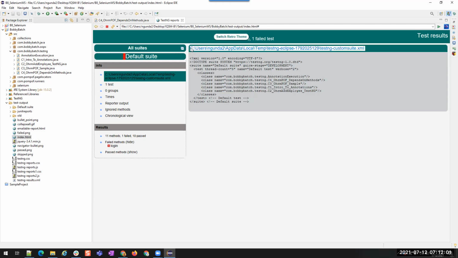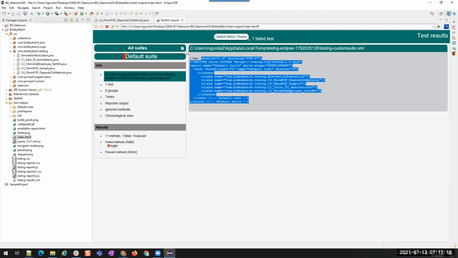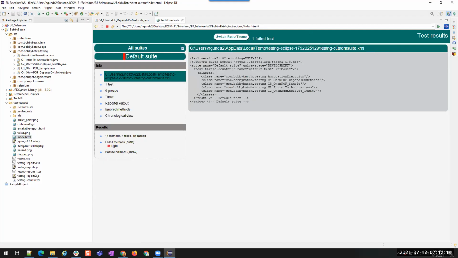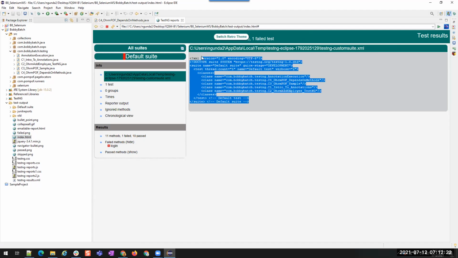If you do not have any XML file in your project and you are not running via XML file, TestNG will automatically generate a dummy or temporary TestNG file at this particular location. For each iteration, it will create a new XML file. And when you run the next time, it will be gone. You won't have this XML file in a temporary location as well.